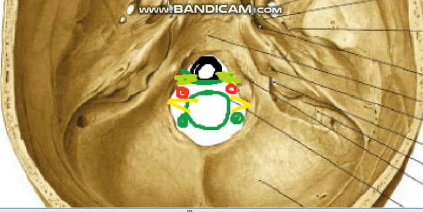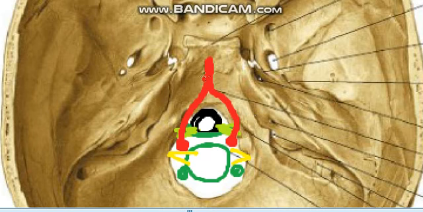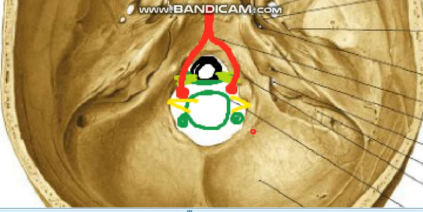So these vertebral arteries, they are going to come up and they are going to unite to form the basilar artery. So the vertebral arteries, they are coming in front like this, and they are joining to form the basilar artery over the clivus. So this is another structure which is related to the clivus, the basilar artery and its branches. So these are roughly the structures which are passing through the foramen magnum.